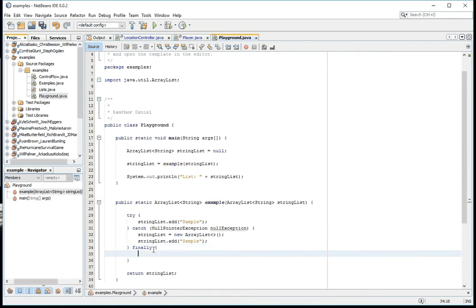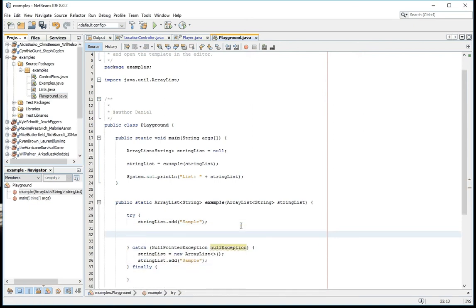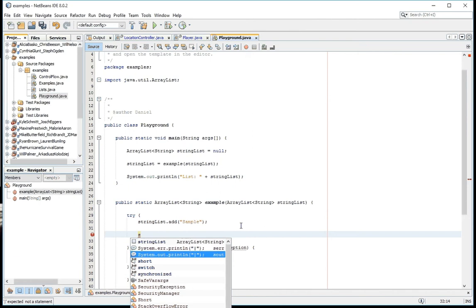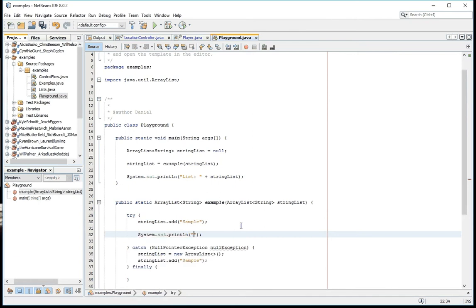If I could spell it. And finally is really interesting. This will always run no matter what happens in the try or catch. Right? If there's no exception run, it'll still hit the finally. If there's an exception hit, it'll still hit the finally. So we can see that here, saying I'll do a sys out here saying no exception, and sys out down here